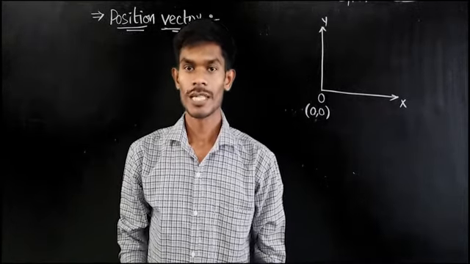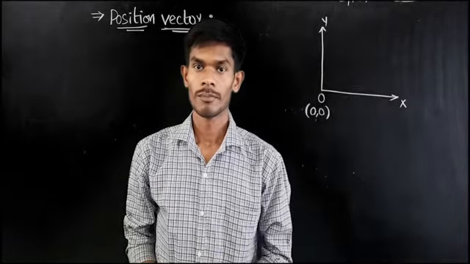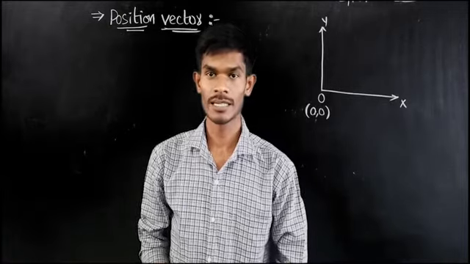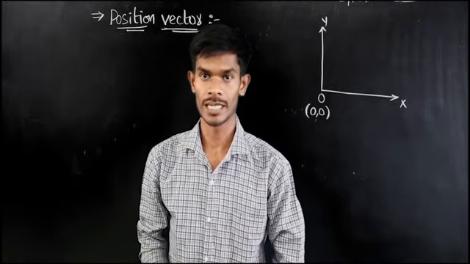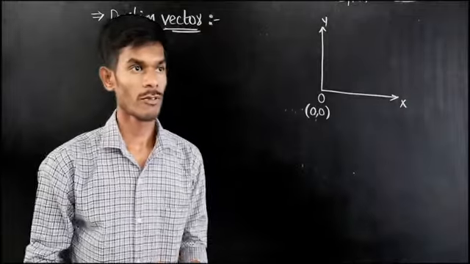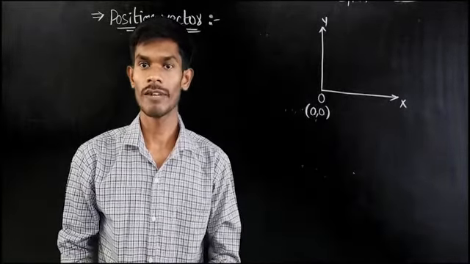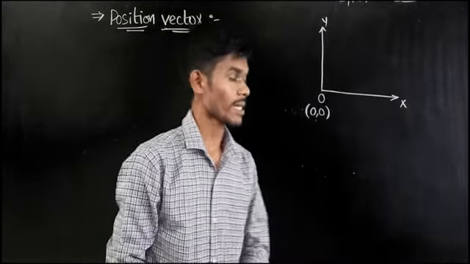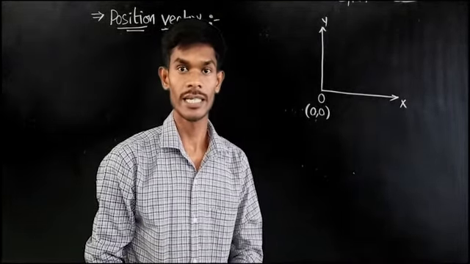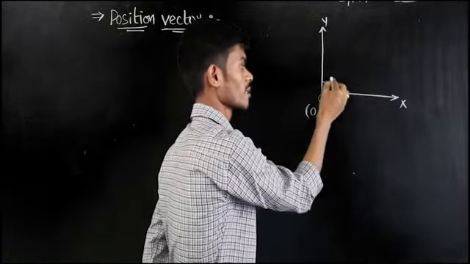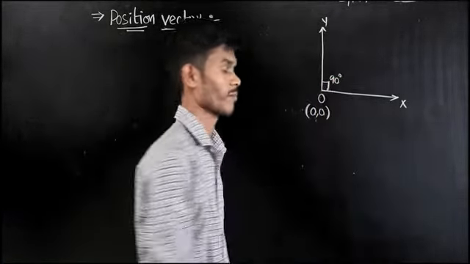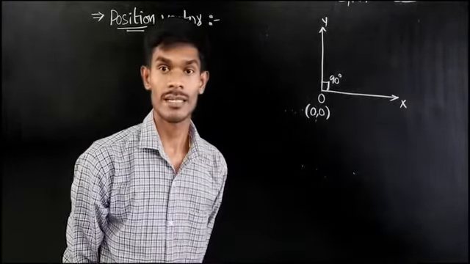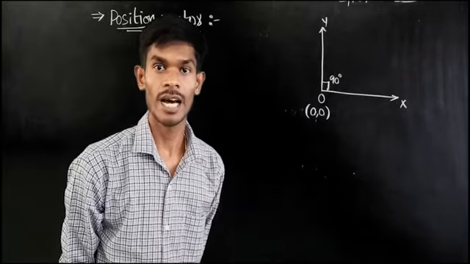Today we are going to discuss the topics position vector, how to represent the angle between two vectors, and the parallel vectors condition. As we have discussed in earlier classes, orthogonal vectors and orthogonal unit vectors. What are orthogonal vectors? The vectors whose angle is equal to 90 degrees we will call orthogonal vectors. And the unit vectors along the x-axis and y-axis are represented as orthogonal unit vectors.